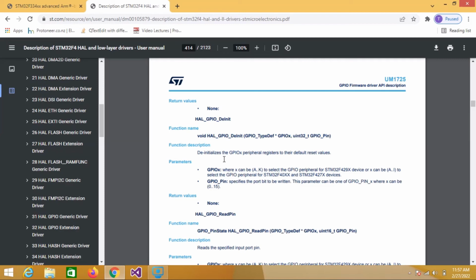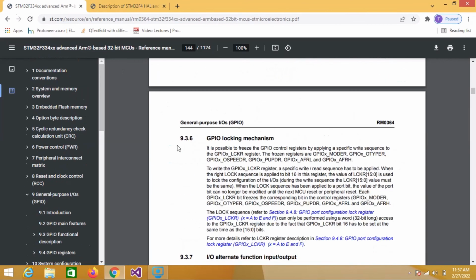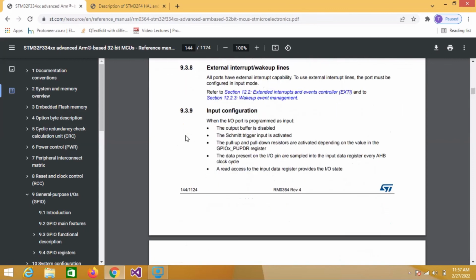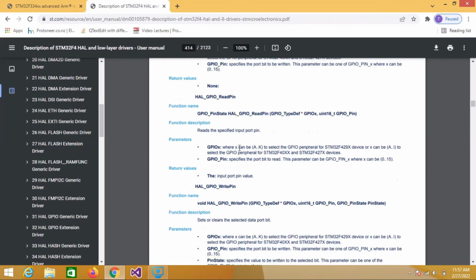So first I think you should start with the abstraction layer provided by the vendor, and if it is not provided by the vendor, then you should write your own by studying these things. But this is a lengthy process. If you have some time to read this, then you can go there. Otherwise this is the easy thing, you can use this. Okay,